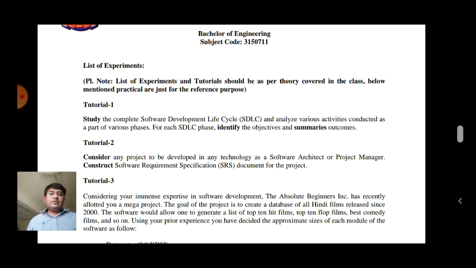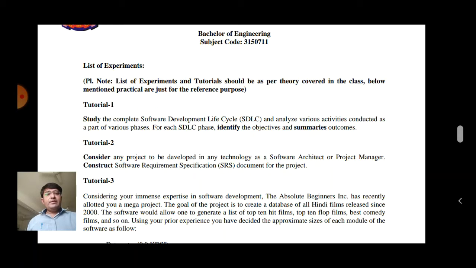We will construct the software requirement specification (SRS) document for the project. In this experiment we will discuss a simple project like a library management system, online auction, or online shopping system. So we create the software requirement specification for a particular project.